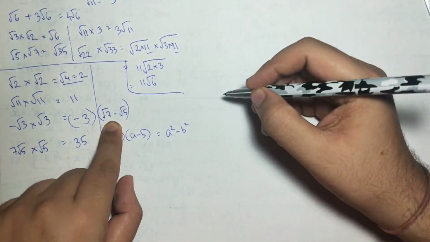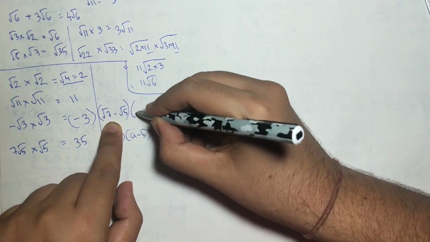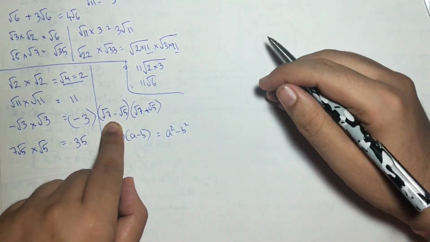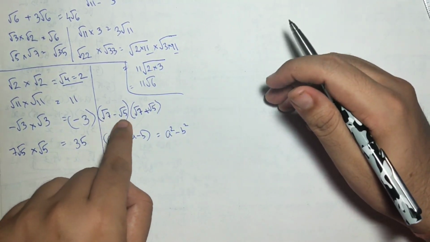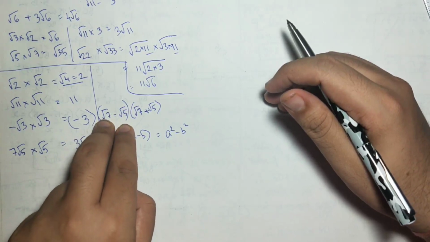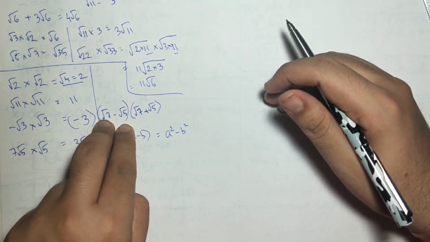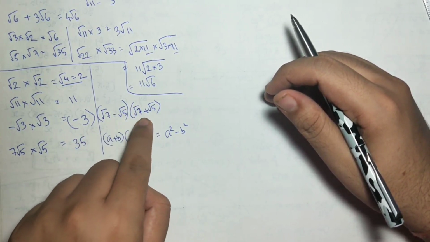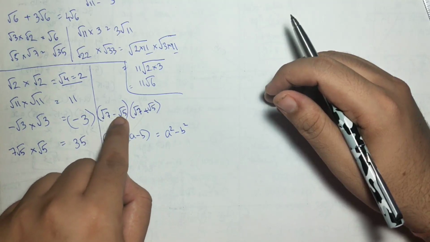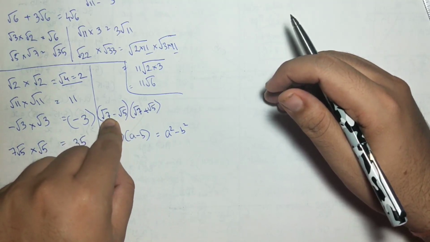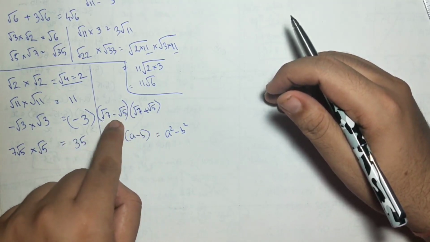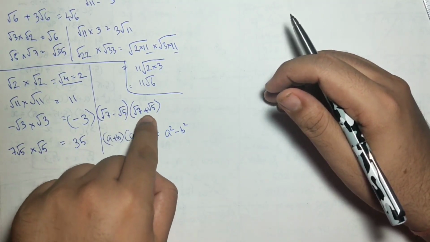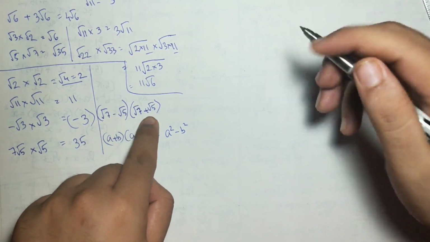As we have root 7 minus root 5, if I multiply this number with root 7 plus root 5, see, the question was root 7 minus root 5. I cannot multiply them individually with root 7 and root 5. So I have to multiply with a binomial only. But the binomial should be such that both the numbers become rationalized. So I have multiplied the binomial by just changing the sign in between. If in the question there is minus in the middle, then here we have to write plus, and if there is plus, then write minus.